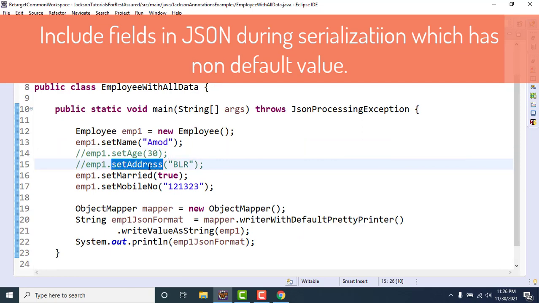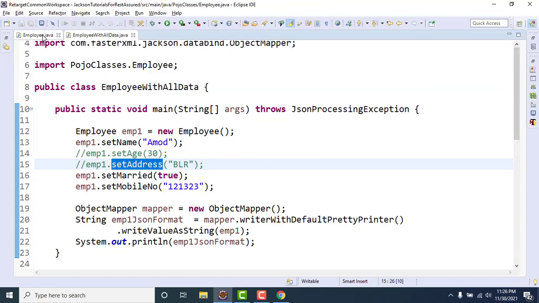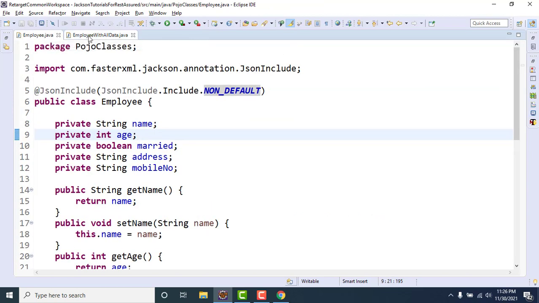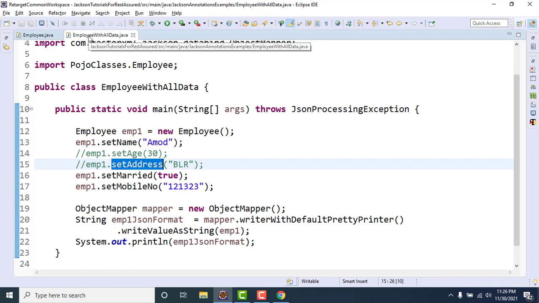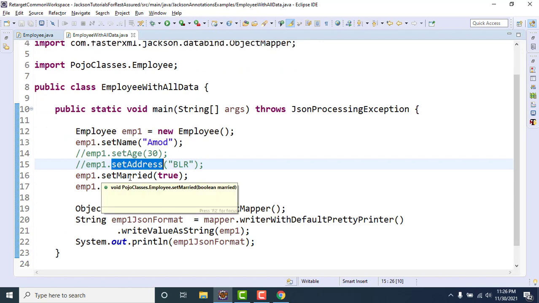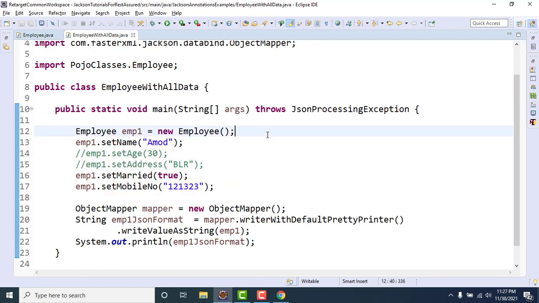By default it takes the default value: for age it will set 0 because age is an int, and address is a string, so it will be null, which we have already seen. But if we use this annotation, it will simply exclude those fields, age and address. Let me show you how.